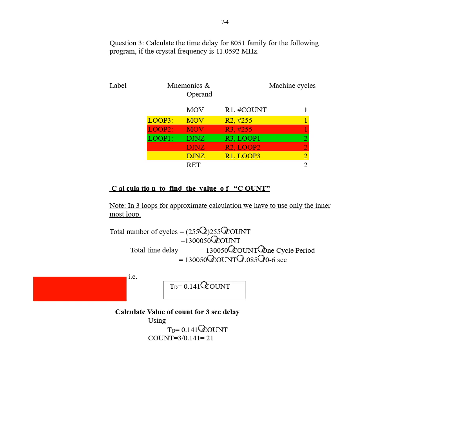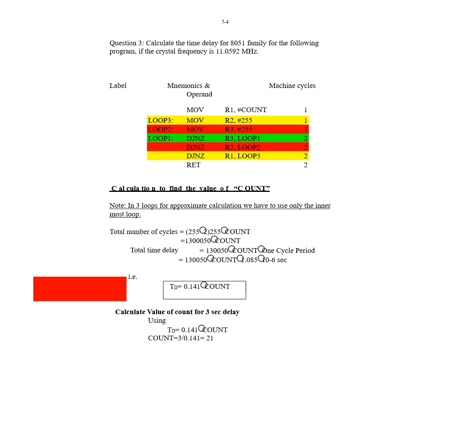How many times will it be executed? 255 multiplied by 255 multiplied by count. And how many machine cycles for each one? 2. So 255 multiplied by 2 multiplied by 255 multiplied by count. So you got this value.